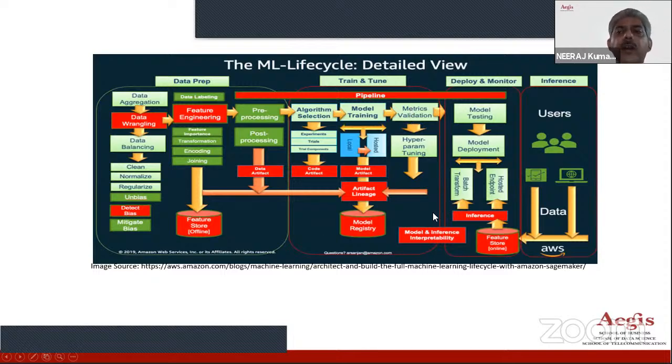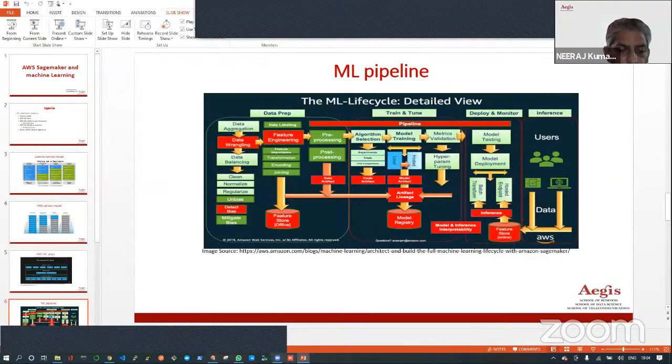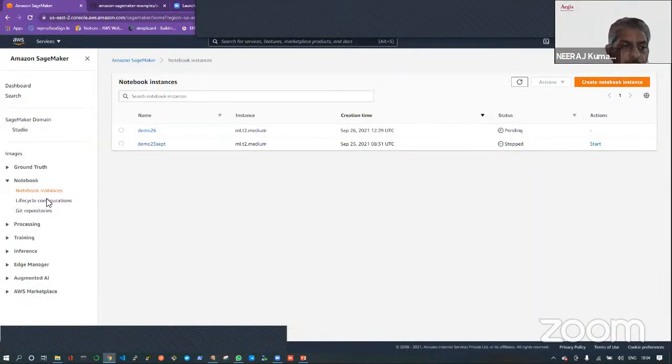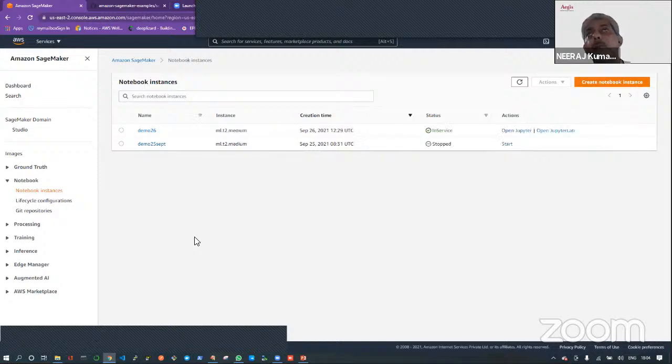So as a data scientist, whatever you require is provided in one single screen, that is called SageMaker, as I have shown you, right? So let me just go back again to this. You can find all kinds of services starting from labeling till your deployment and inferences. Everything is provided on this single screen itself, and that's the simplification provided by SageMaker, and that's why it's a platform.